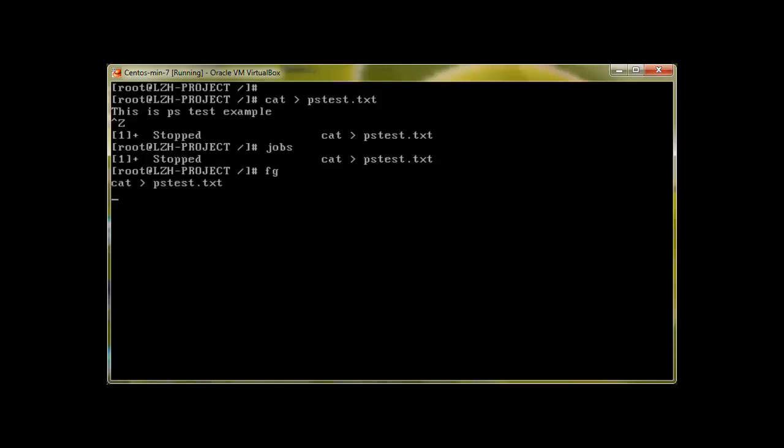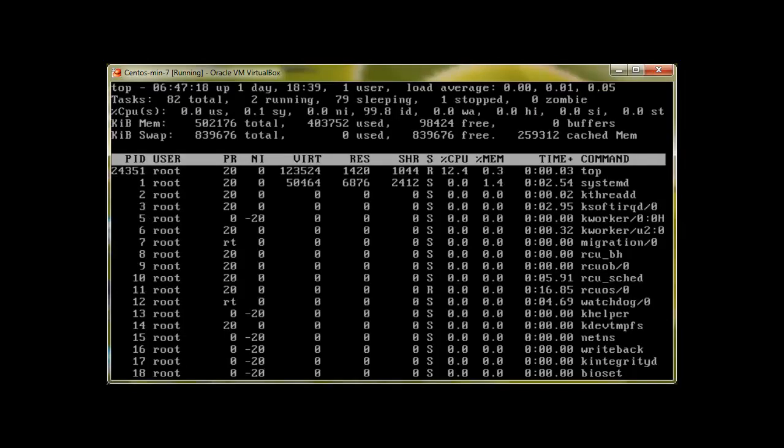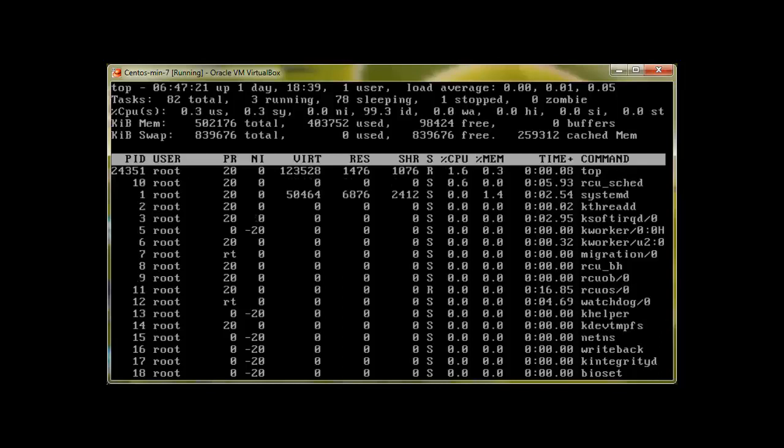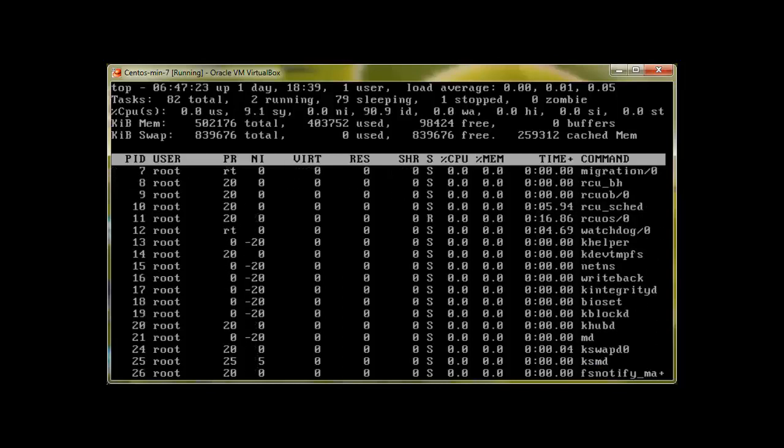It's not killed, and it's not completed. So again Ctrl Z. Now I'll type top again,